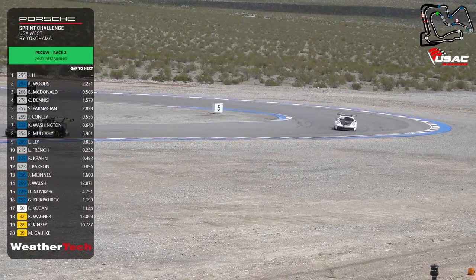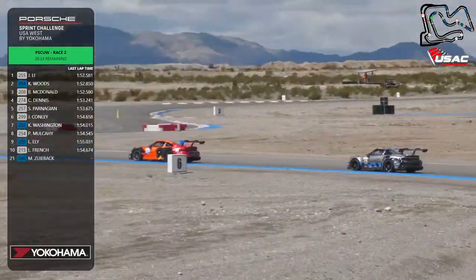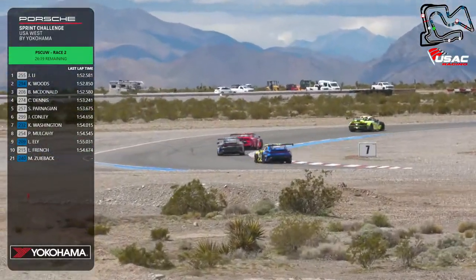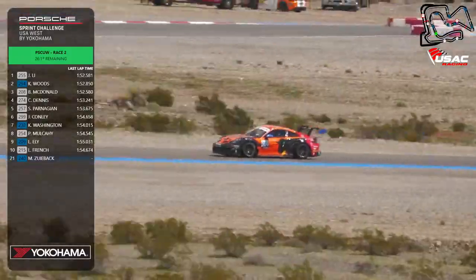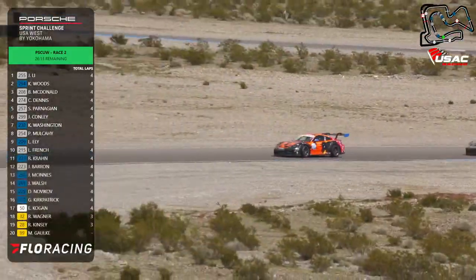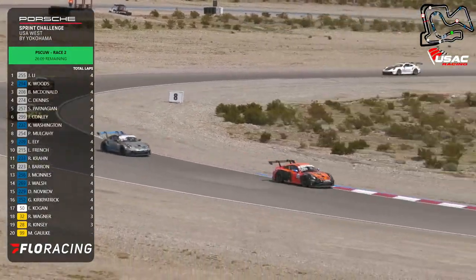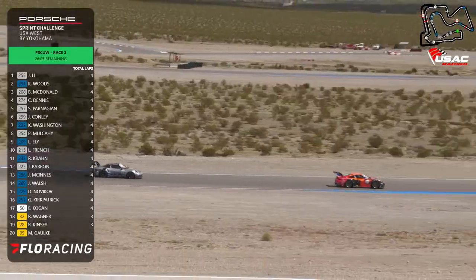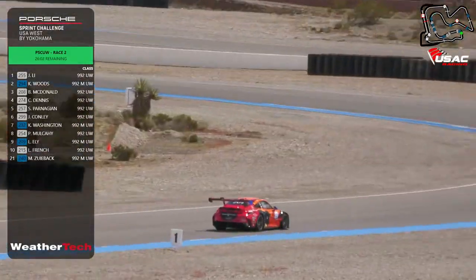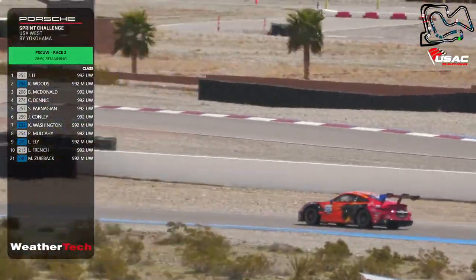French being chased by Reinald Kron, excuse me. So we've basically got a train of cars starting to form here. And this is kind of more what we expected compared to what we saw earlier this morning, is sort of this style of racing, Ashley, where it's everybody waiting for something to happen. Right, yeah, if a yellow flag came out at any point, I think it would definitely mix some things up here, but everyone seems to be settling in nicely, although we've got some pretty close racing starting to form up